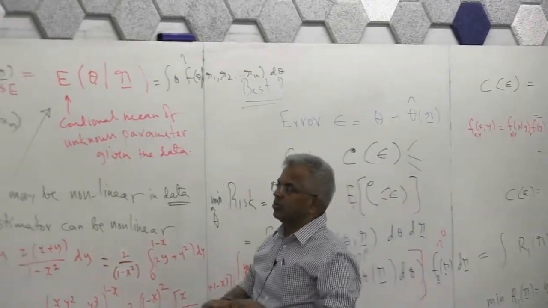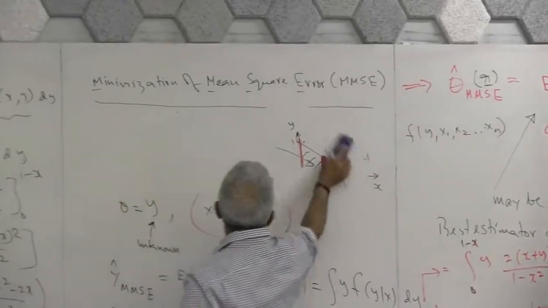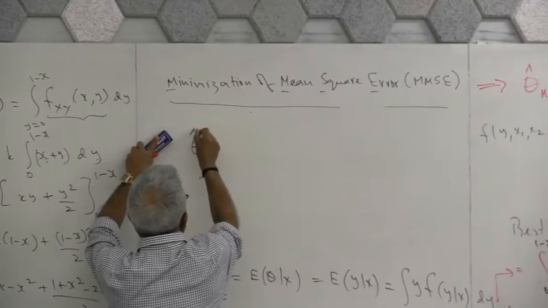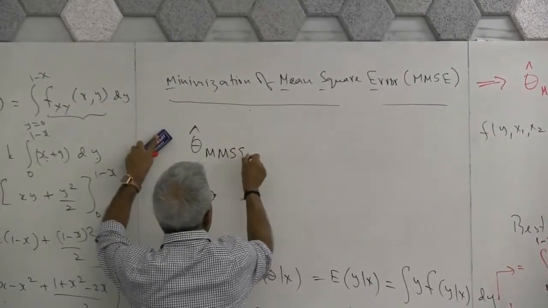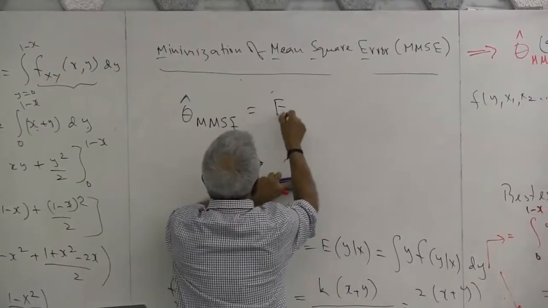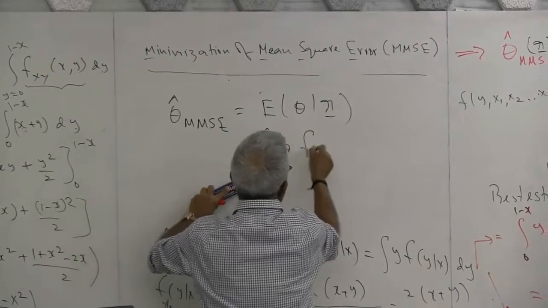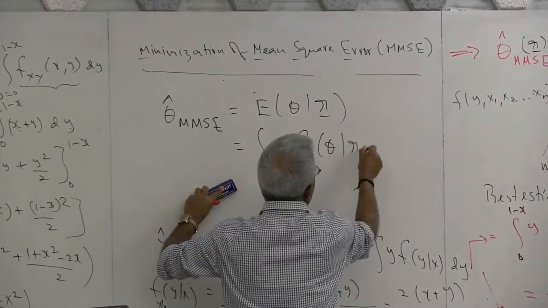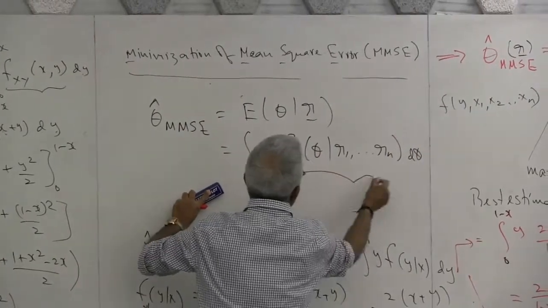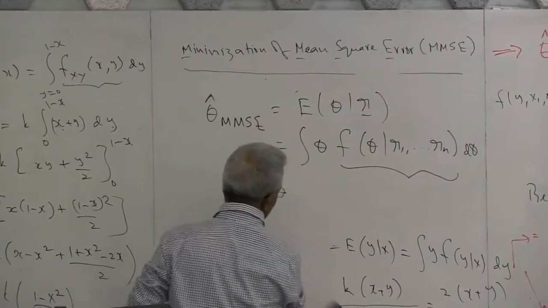So let me make it very clear. In other words, what I'm trying to say is theta hat MMSE is the expected value of theta given r. That means it is the integral of theta f of theta given r1 etc. r d theta. So you need to know this, but from Bayes' theorem you also know that